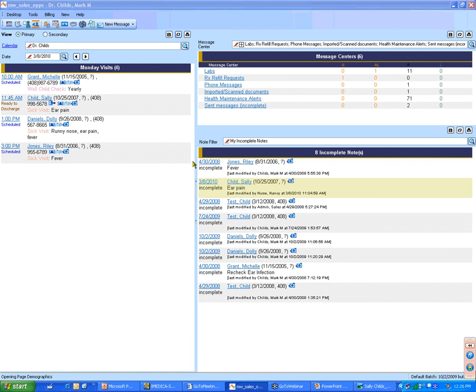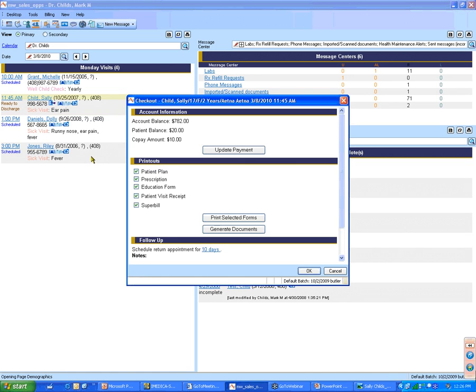So now back at my desktop, you'll see it shows ready to discharge. That's the indicator to the front desk that the patient is ready to check out. They get a closed door icon to where they can select that, attach the copay so they can collect the copay amount, print out any patient plan that the provider has indicated, a prescription if it didn't go electronically or